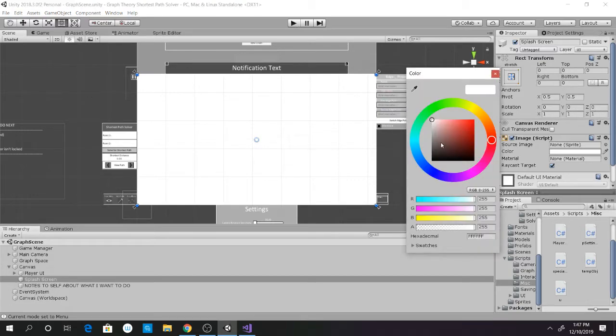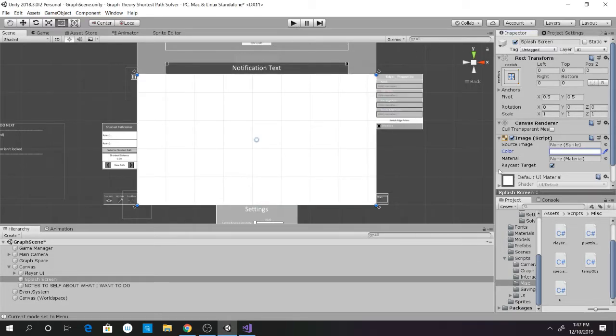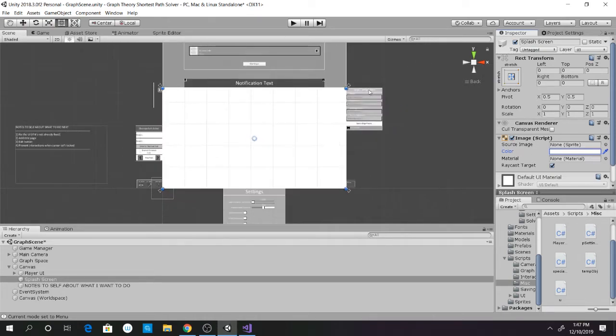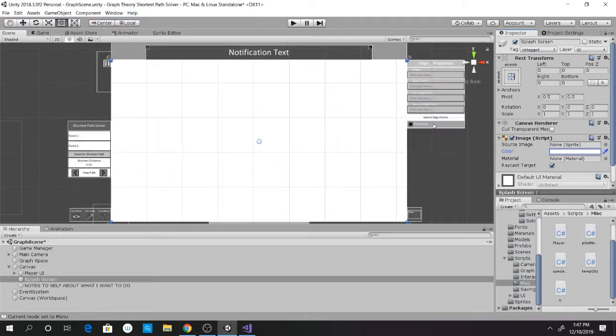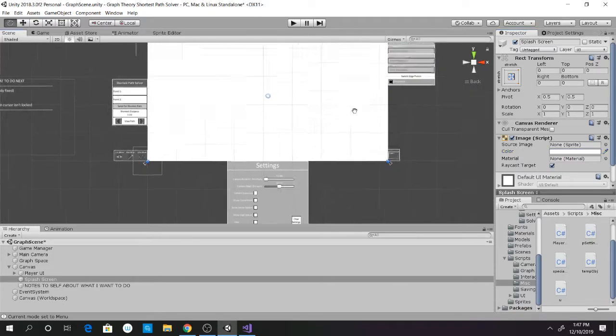Or should I have it be completely black and then fade to white? I don't know. That's something I can do. It's literally just going to be a,